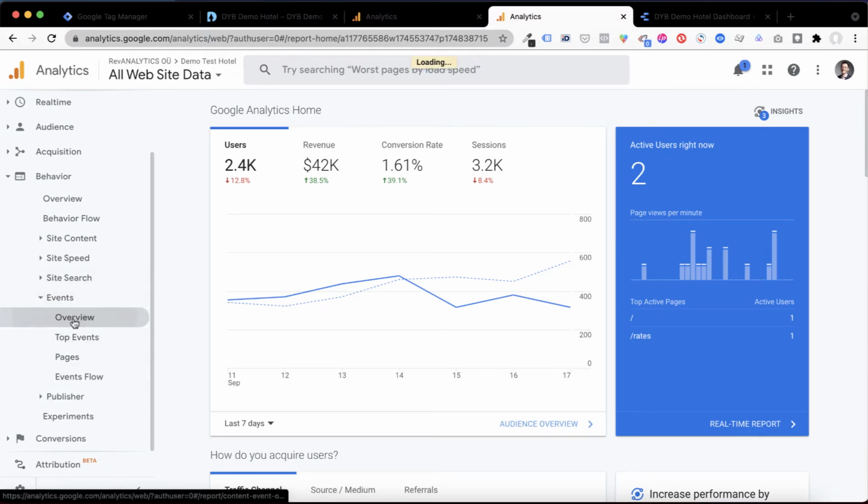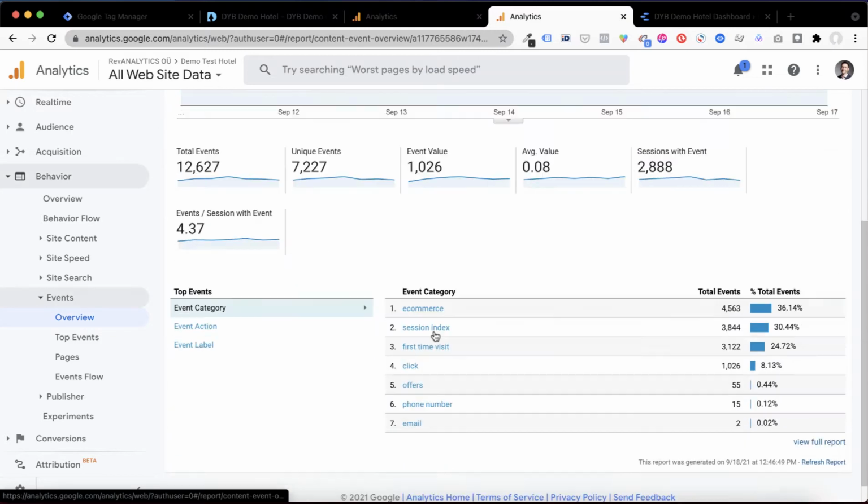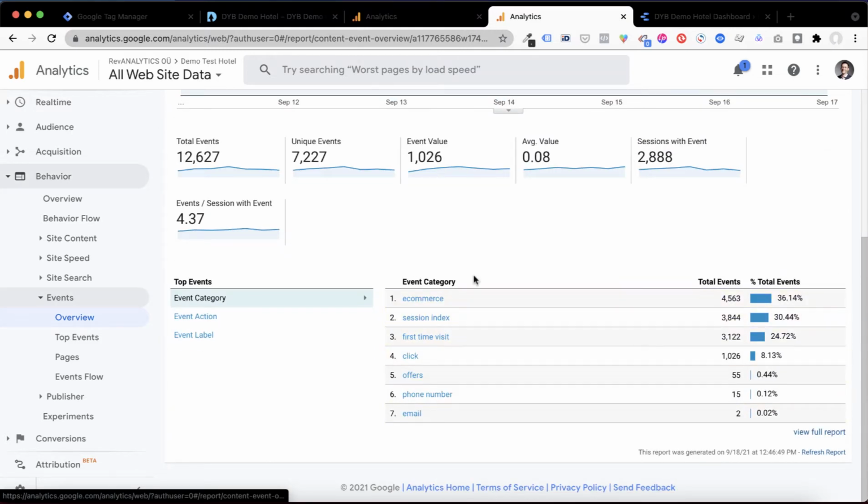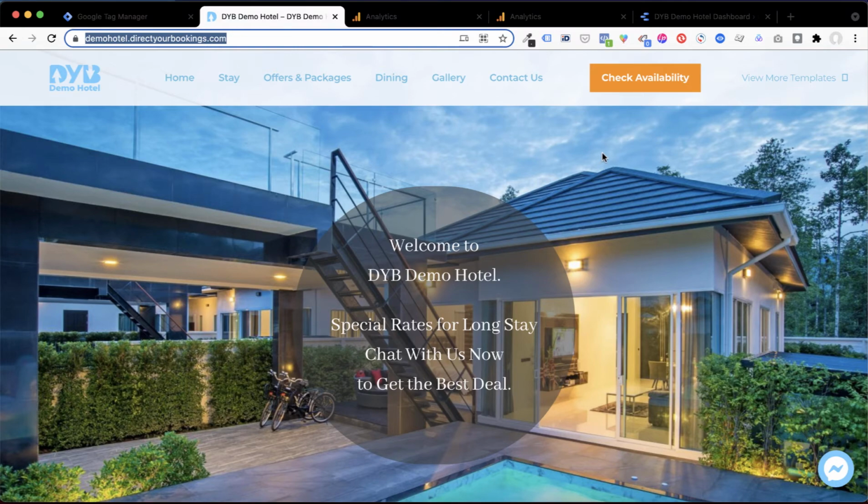So if you go into the overview area, you will see a whole bunch of event categories. And as you can see, we also have this one, which is click. The click is the one that we set up before. Now, why is click very generic? Because, as said before, we may have many different calls to action that we